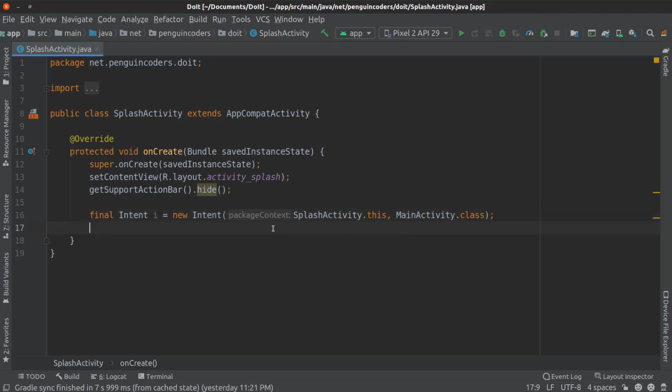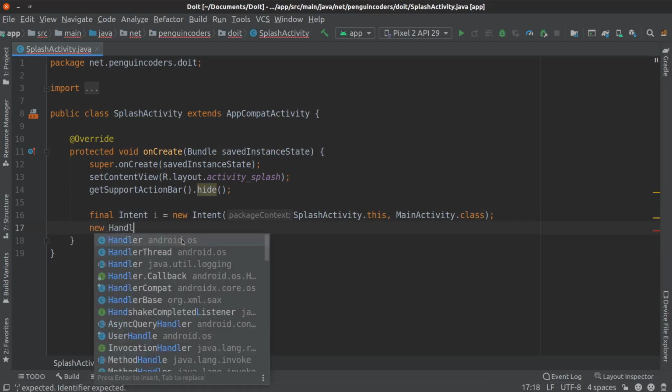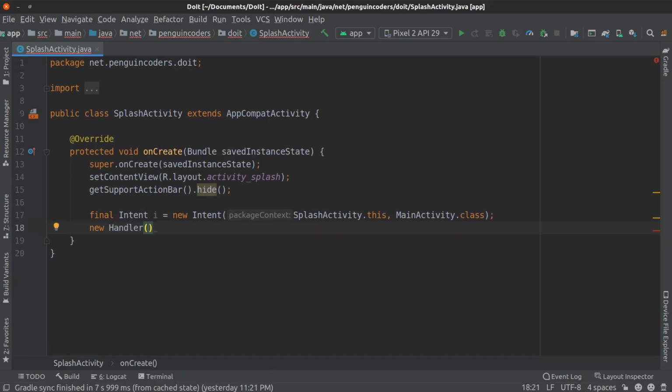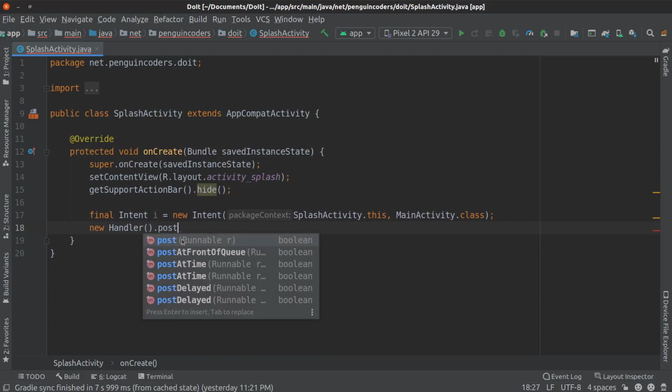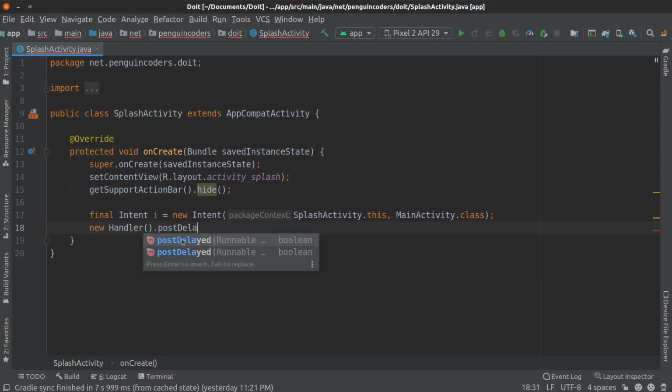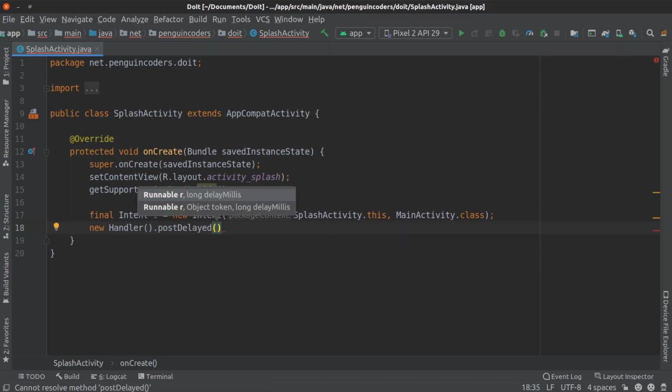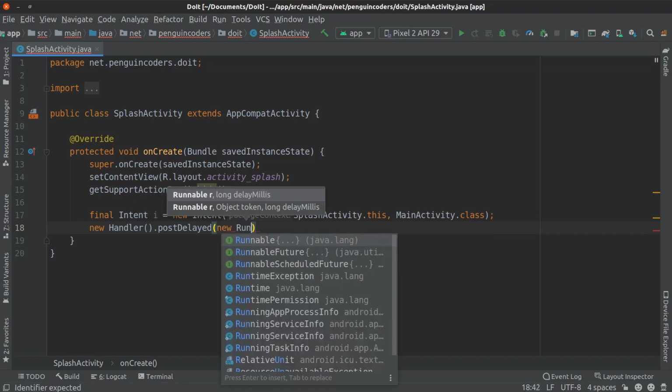Now we also need to show the splash activity for a few milliseconds. For that I will write a handler so that this intent is fired after a few milliseconds only. So I'll write a new Handler dot postDelayed, and here we will write a new Runnable object.